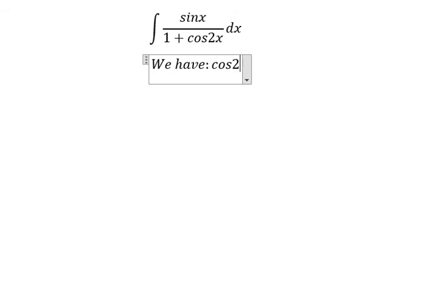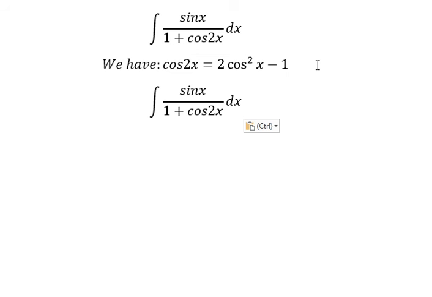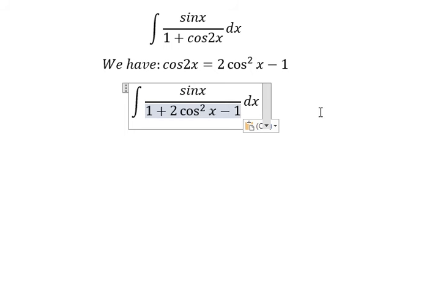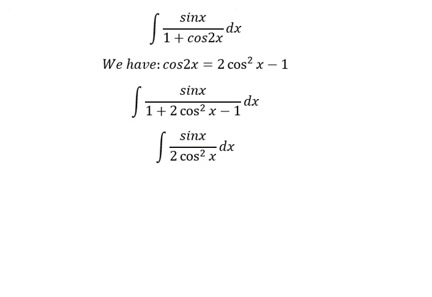That's about cosine 2x equals 2 cosine squared x minus 1. So I will put this one in here. 1 minus 1, we cancel. And now we can use integration